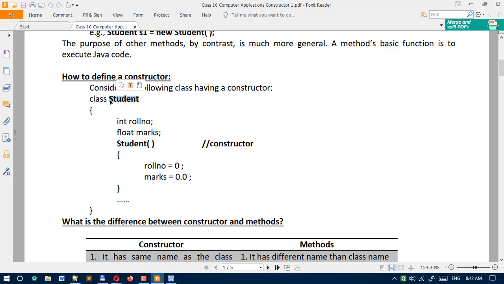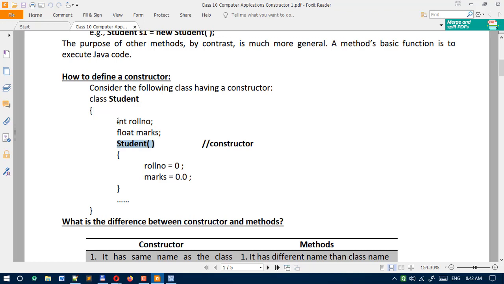The class name is Student here, and the same name we have used here for the function. This one, again Student with bracket, means this is a constructor. And as per the usage of a constructor, it is used to initialize the data members.